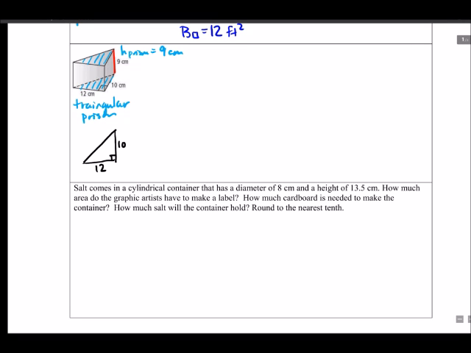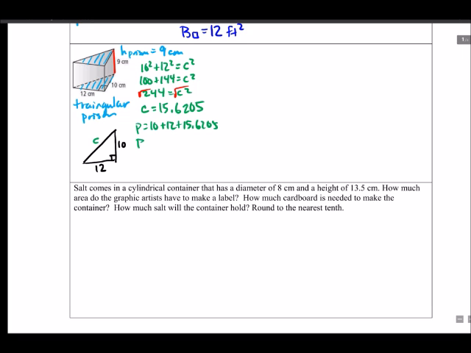So I'm going to do Pythagorean theorem, 10 squared plus 12 squared equals c squared. This side is c, hypotenuse is always c. 100 plus 144 equals c squared, so 244. And then I must square root both sides. So I am going to actually take the square root this time because I need to add all these up for my perimeter. So I'm going to keep several decimal points. 15.6205. So my perimeter is 10 plus 12 plus